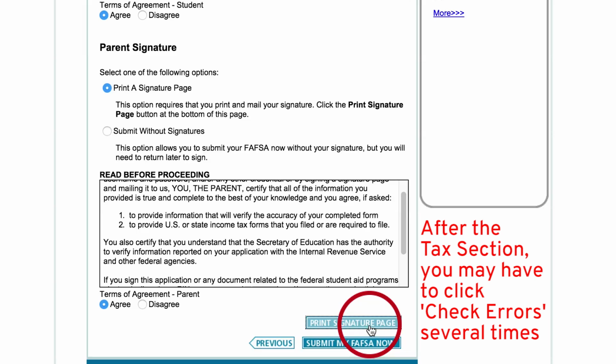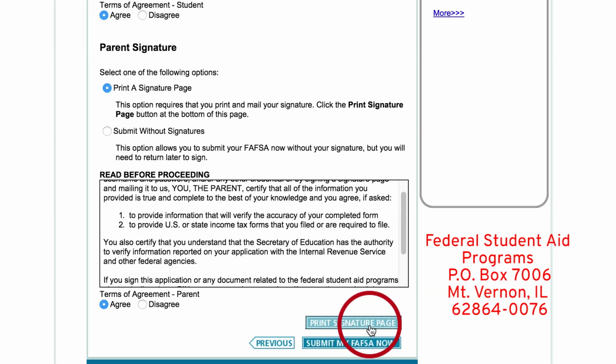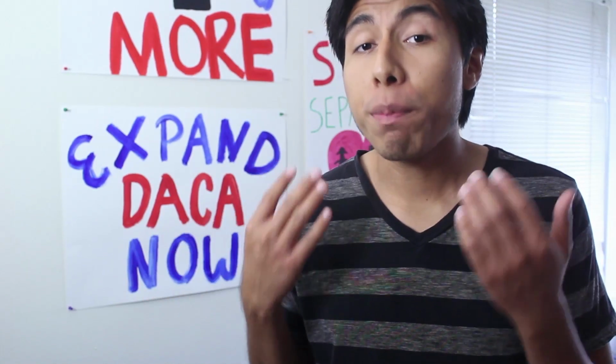no social, they will have to print the signature page, physically sign it, and mail it in to the following address: If you're going with the paper version, you won't run into this problem. So again, remember, the paper version of this application is going to be your best bet.